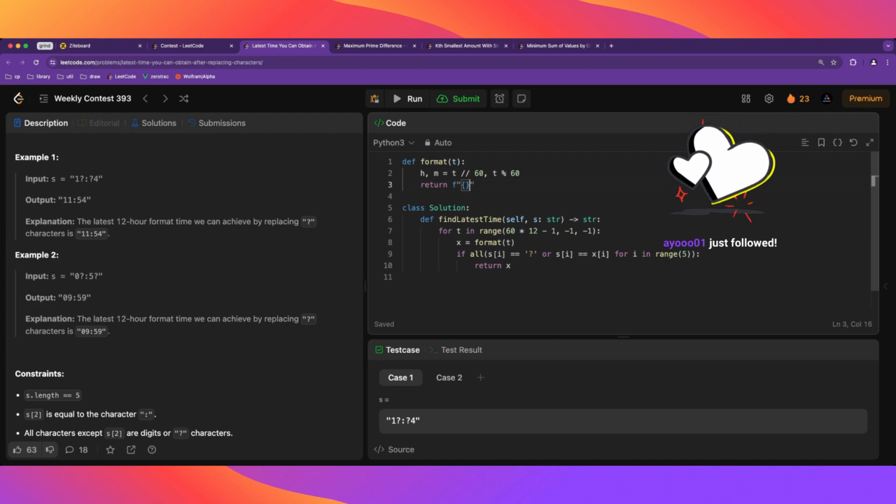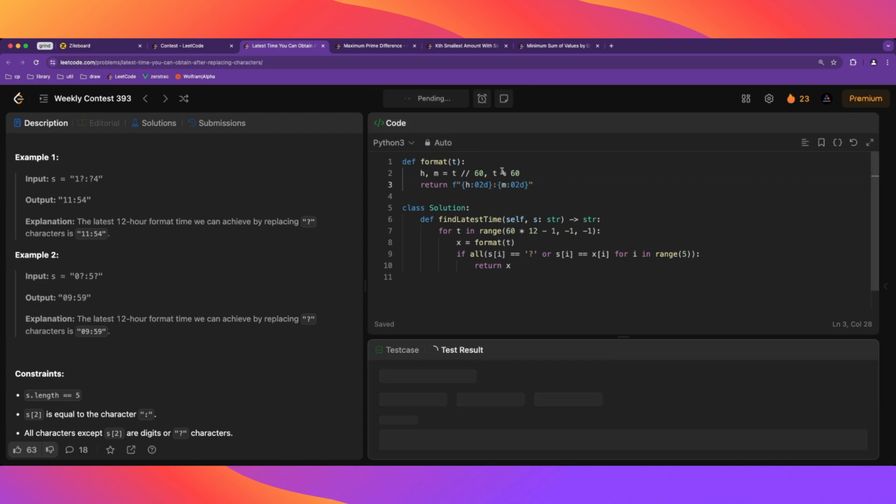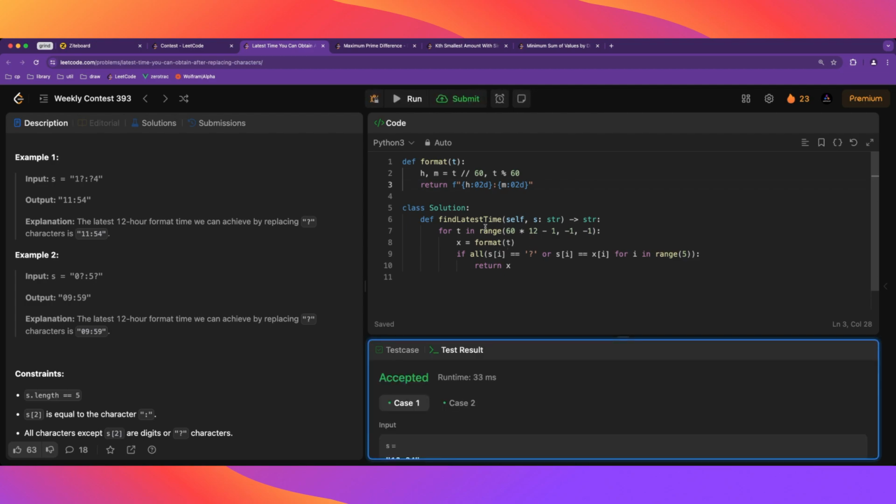Okay, so here we want to have the format, so this is going to be H, but we want padding with 2 places. I think we have to do that, and here we want padding again with 2 digits, and I think this should be it. We pass the examples,